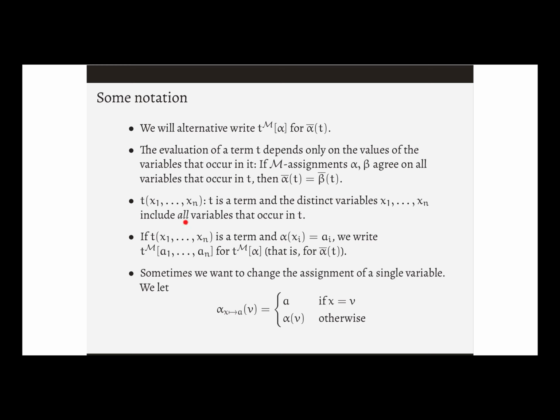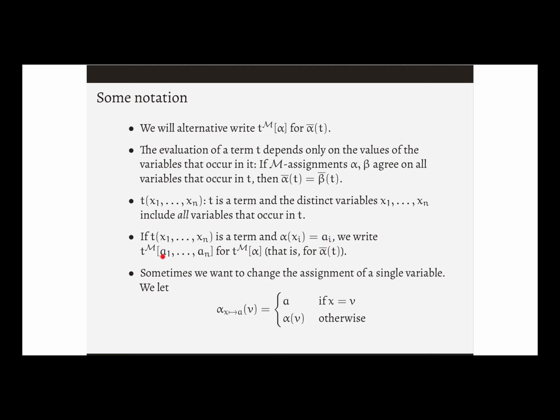They don't necessarily all have to occur in it, but the ones that do occur in t are among those variables here. And if t(x1, ..., xn) is a term, and alpha of xi assigns it the value a_i,